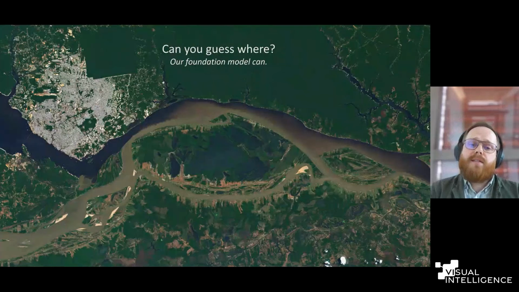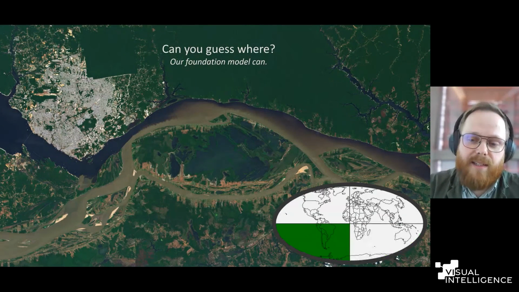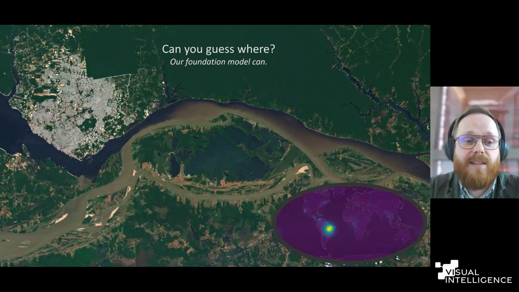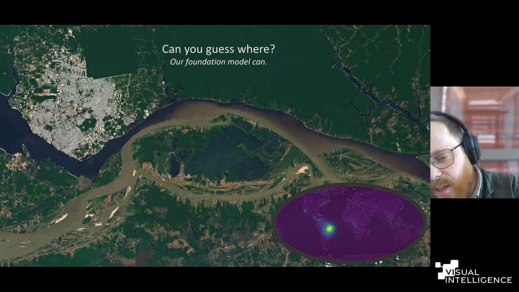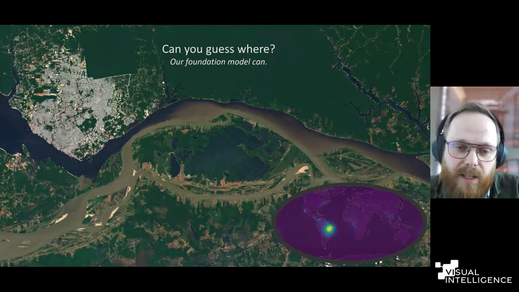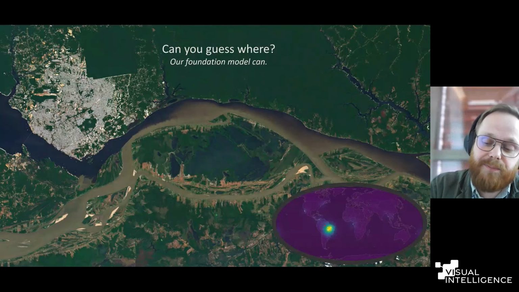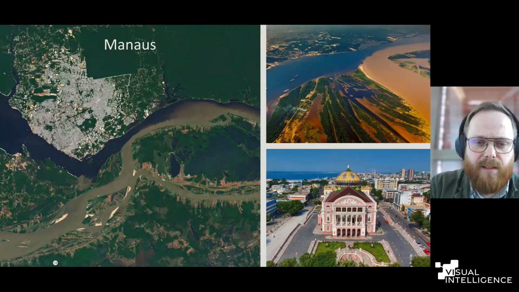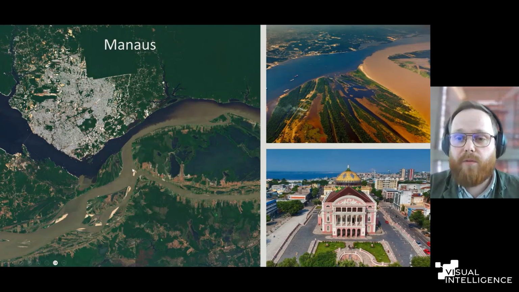Same goes for an area like this. So you might have guessed that this would be somewhere in the Amazon, and it's correct. This is in Manaus, where the model is not completely accurately guessing Manaus, but it is guessing Amazon and Brazil. This is where the two biggest parts of the Amazon flow together,